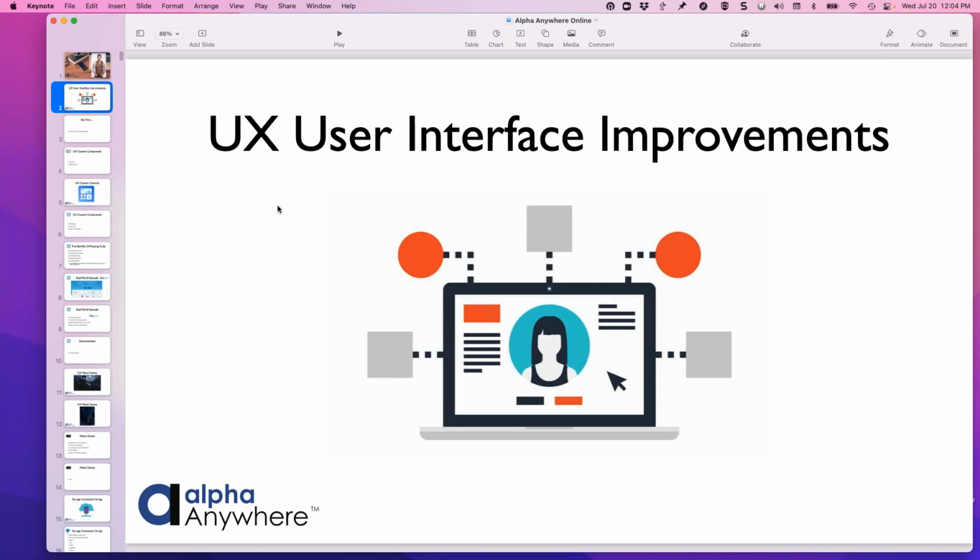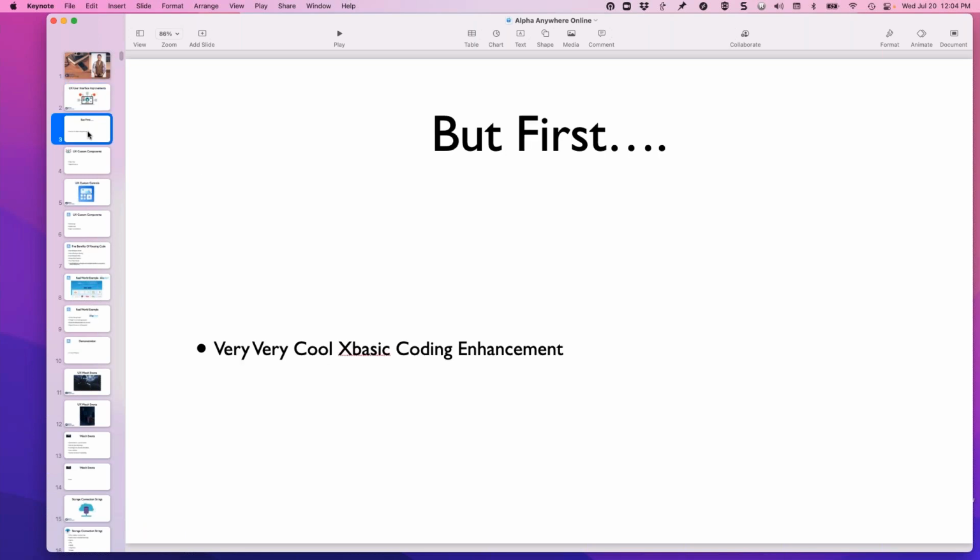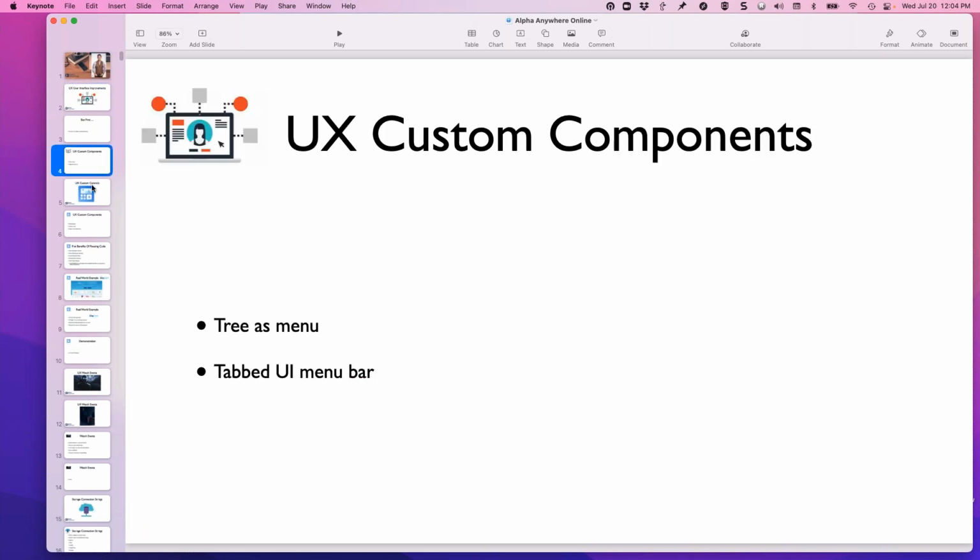I don't know how long it's been there. It may have been there a while longer. In fact, it's been even more enhanced over the last couple pre-releases because I've been working with the team on that and said, hey, what about this? What about this? So it's really cool. Overall, if you're doing a fair amount of XBasic work, then you're going to be in great shape there. So first, let's go through the